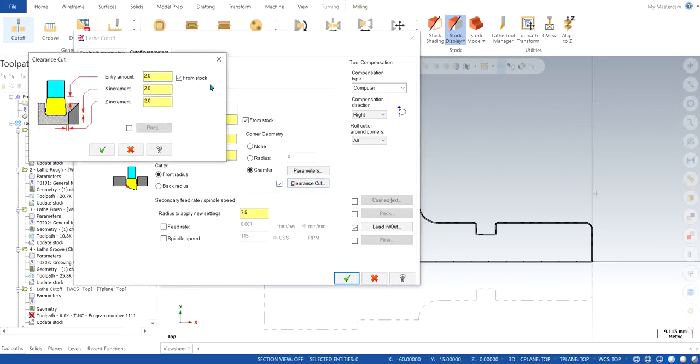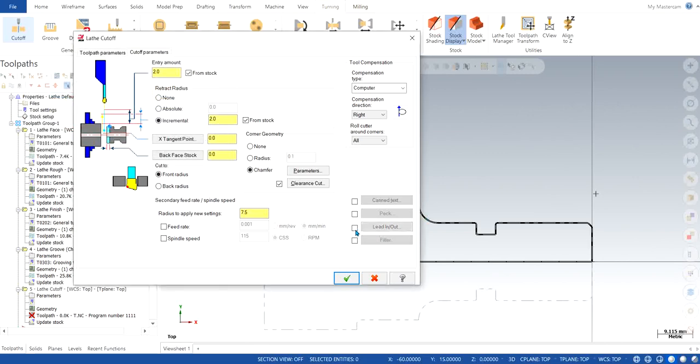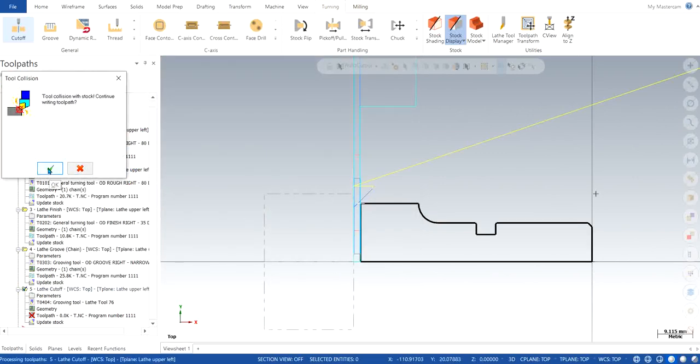Make sure you click on stock. From stock is basically how much depth of cut you're going to use and the increments that you want. It's not any specific increment. We are supposed to keep the value of X and Z increment to be 0, but Mastercam always gives a default or error when you try to do so. So it's recommended to go like 0.01. In this case it's millimeters, don't forget that. 0.01 on both the axes, and let's see, it's showing a tool collision.